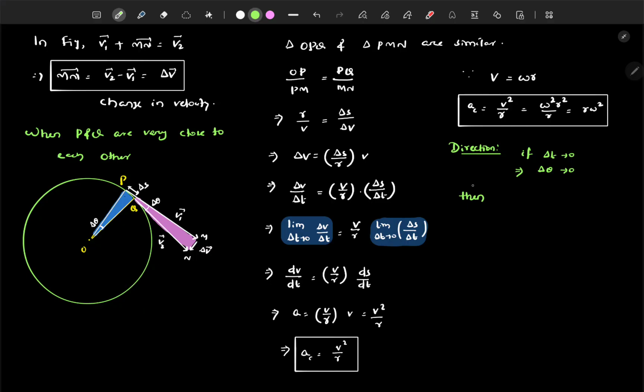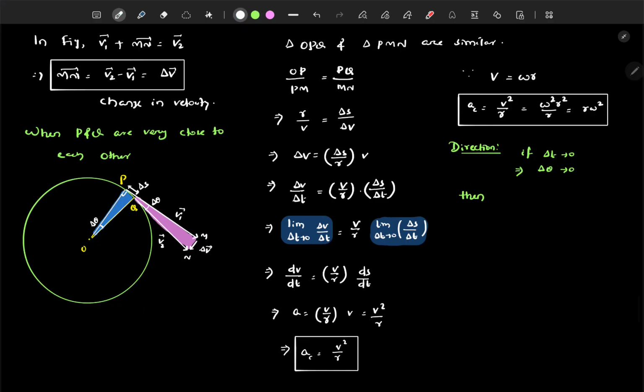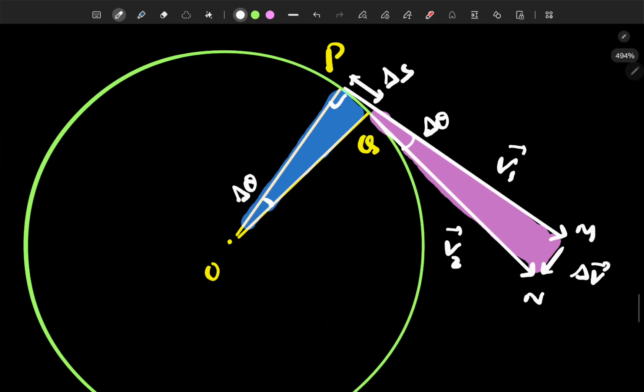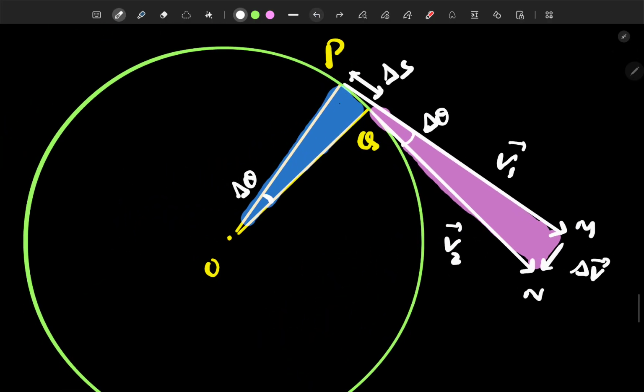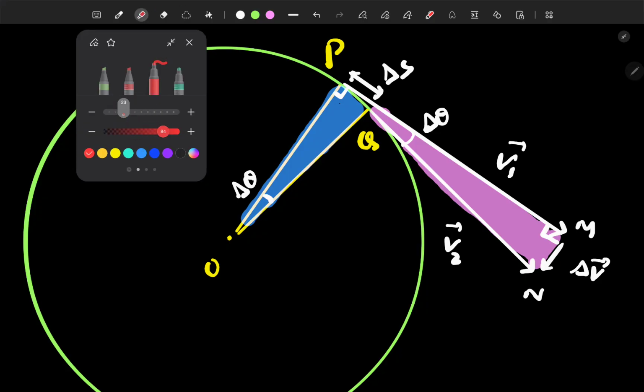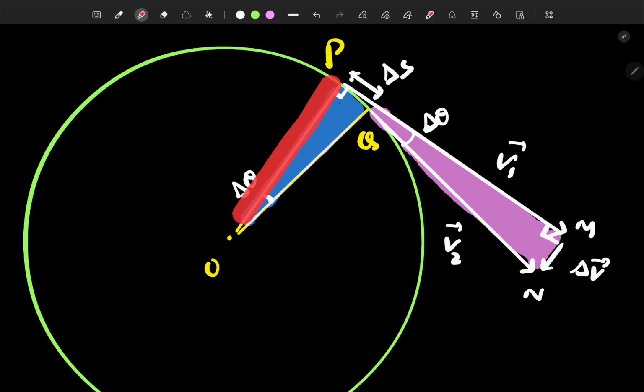तो जितना डेल्टा थीटा टेंस टू जीरो हो जाएगा, देन डायग्राम को अच्छे से देखो, देन ये जो एंगल दिखाई दे रहा है OPM एंगल, ये वाला एंगल देखो, डेल्टा टी टेंस टू जीरो होने से एंगल OPM, इसका वैल्यू किसके साथ बराबर होगा, PMN। ये भी 90 डिग्री हो जाएगा। यस, ओके। तो ये दोनों 90 डिग्री होने से PO एंड MN बोथ विल बी पैरेलल टू ईच अदर।